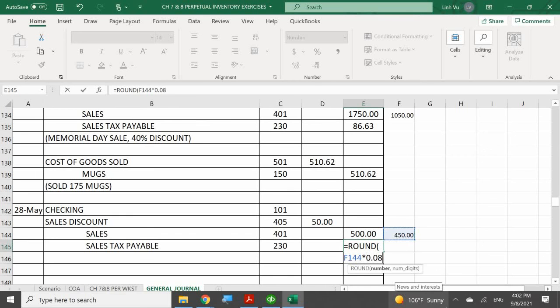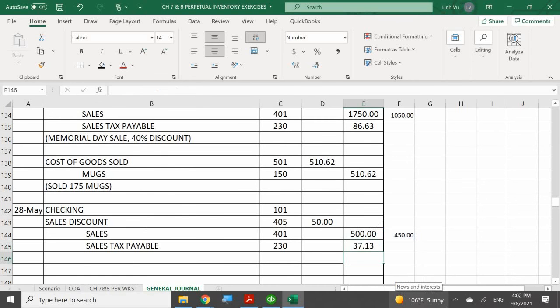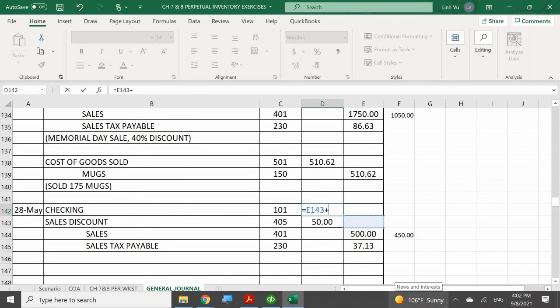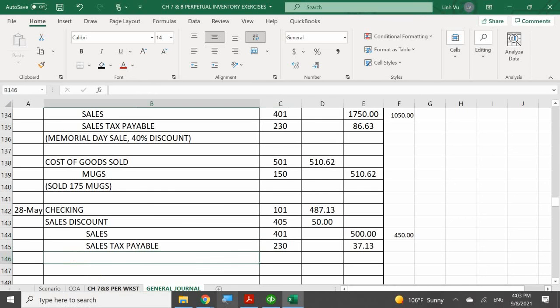$37.13. Good. So therefore, how much money is actually going to go straight to my checking account? $487.13. Good. And I'm going to go ahead and write this in here that